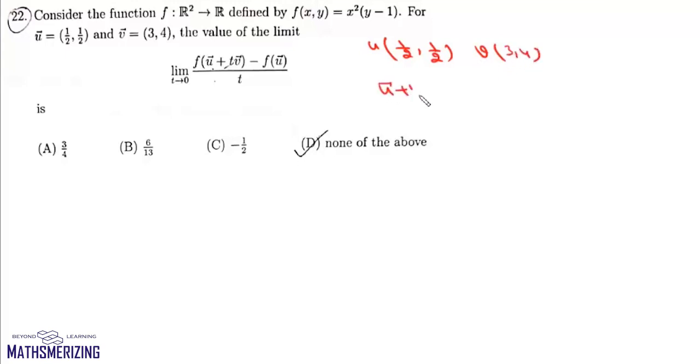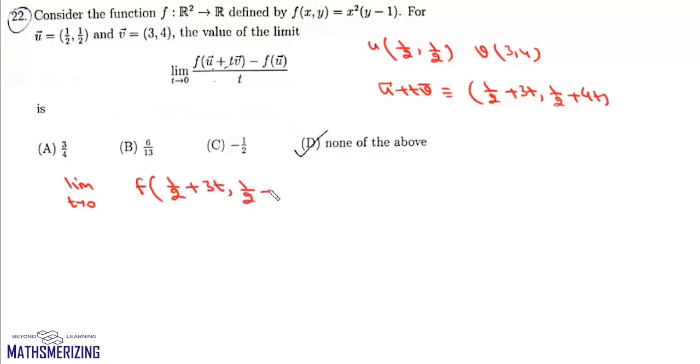Now u plus tv will be 1 by 2 plus 3t comma 1 by 2 plus 4t. So we have to find this limit, which is the limit as t tends to 0 of f of 1 by 2 plus 3t comma 1 by 2 plus 4t, minus f of 1 by 2 comma 1 by 2,